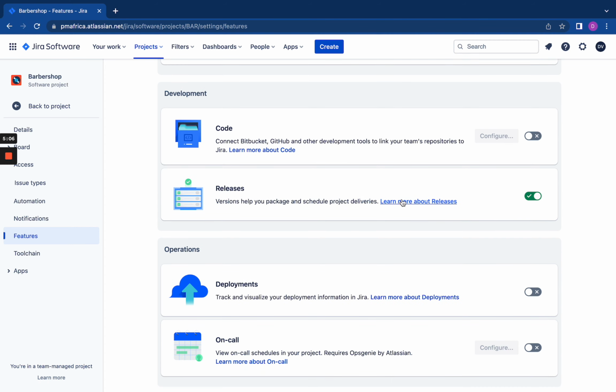Releases is also really important. I'll also show us why it's important. So I always advise to toggle releases on. Deployment and on calls are really operational things, so you don't really need to bother about this if you're not looking at exploring the full potentials of using Jira as a software. Now,